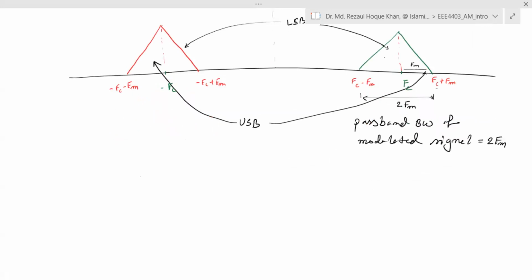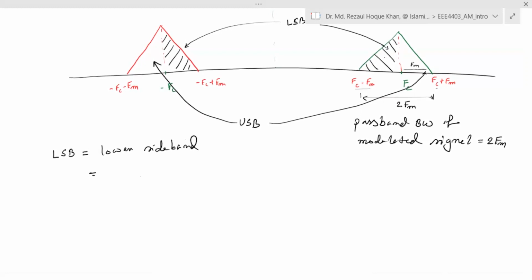So where is the LSB bandwidth actually? LSB, lower sideband. This part is the lower sideband, and this part is also the lower sideband. So from where is the lower sideband? Lower sideband is nothing but the range of this lower sideband, which for our case is